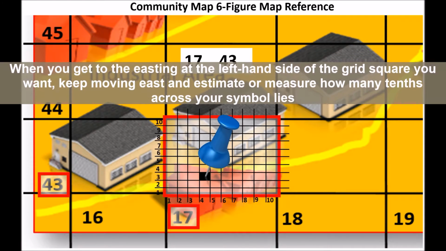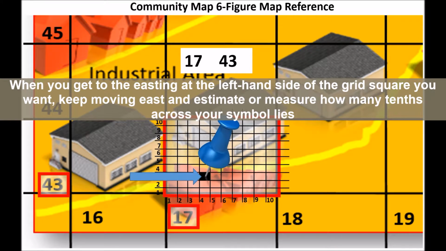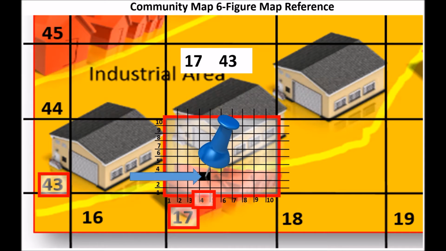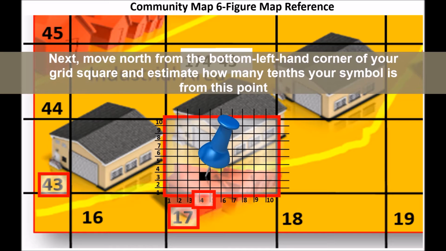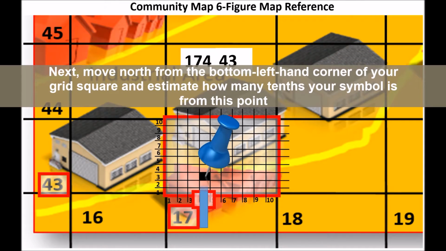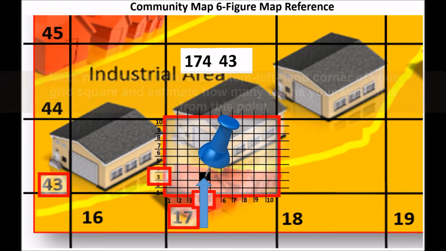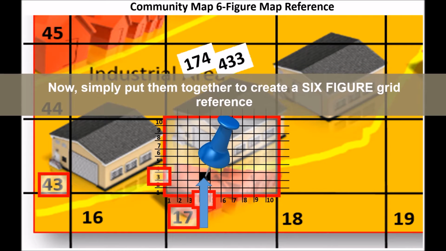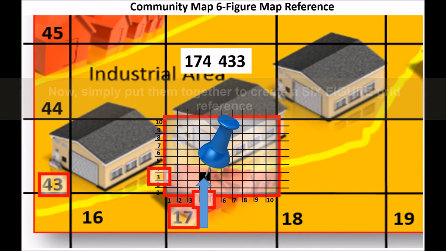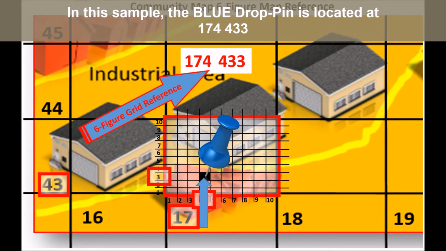When you get to the easting at the left-hand side of the grid square you want, keep moving east and estimate or measure how many tenths across your symbol lies. Write this number after the first two digits. Next, move north from the bottom left-hand corner of your grid square and estimate how many tenths your symbol is from this point. Now, simply put them together to create a six-figure grid reference. In this sample, the blue drop pin is located at 17, 4, 43, 3,